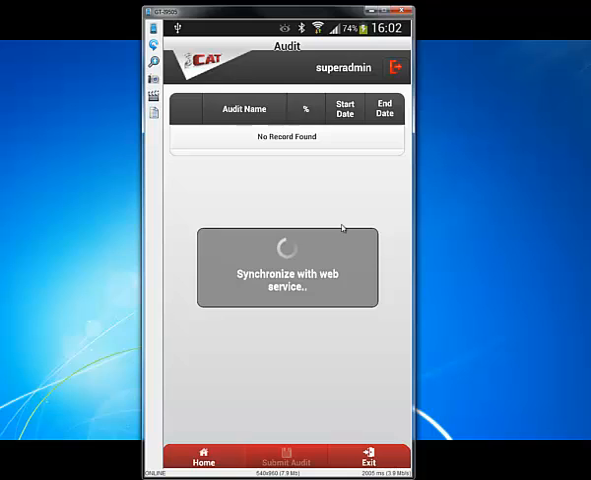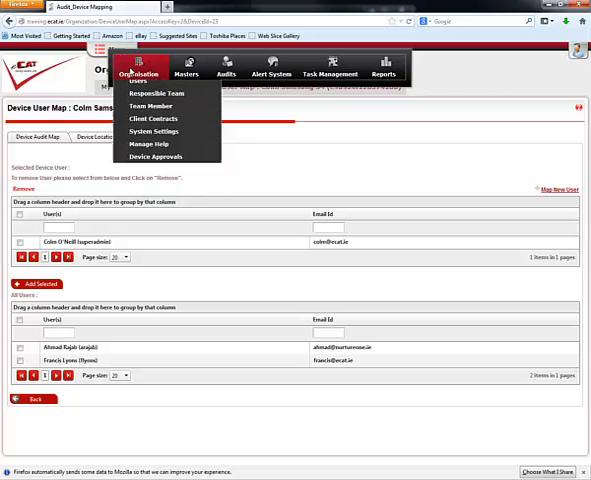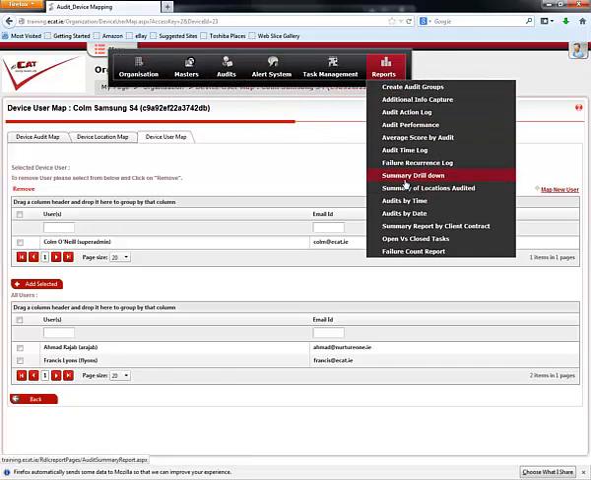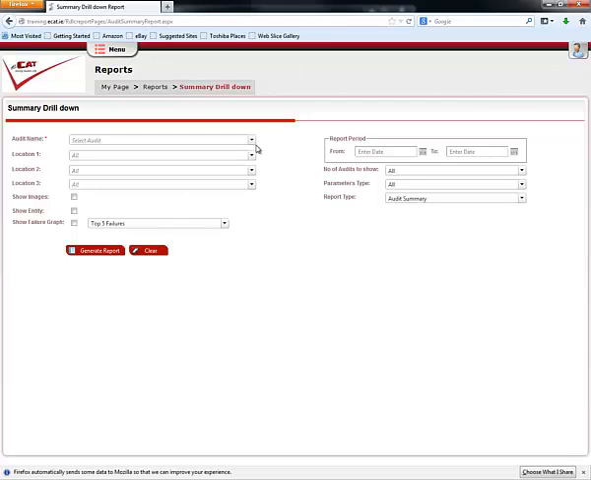So I can now go back onto the web, and I can hover over the menu, go over to reports, and click on, for example, the summary drill down report, which is the standard report. Select the audit name, which is only one there. If I leave all the locations blank, it'll give me a list of all the locations. I'll see all the reports for all the locations. Or indeed I can filter down to exactly where I went to,